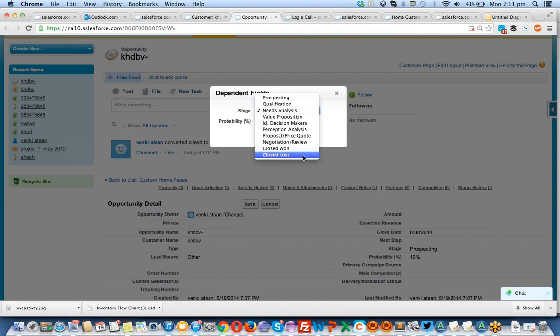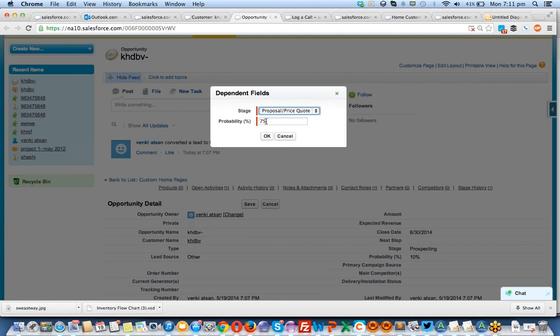Again, even before issuing the credit card, when a person applies for a credit card and they go through all the other steps like decision making, and then they decide not to give him a credit card, they can just close it as closed lost. Yeah, I am marking it as